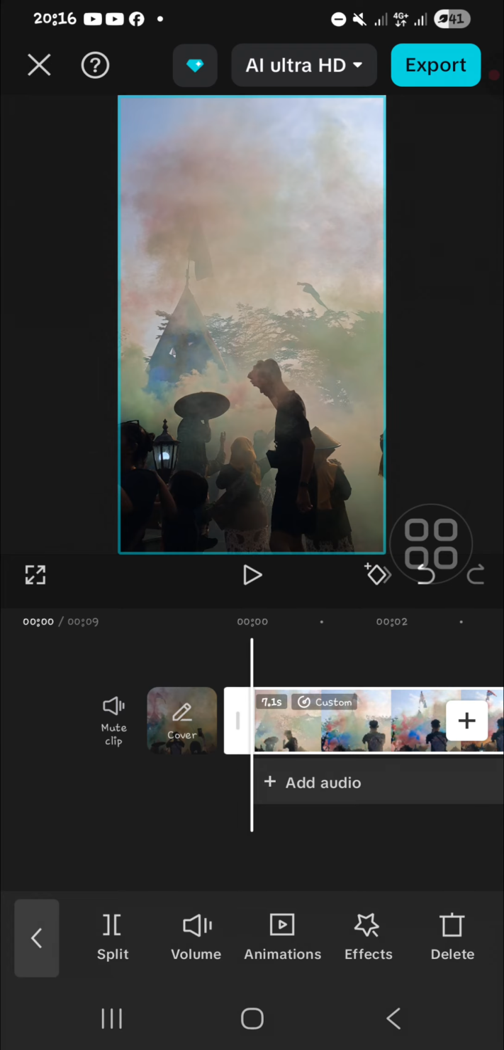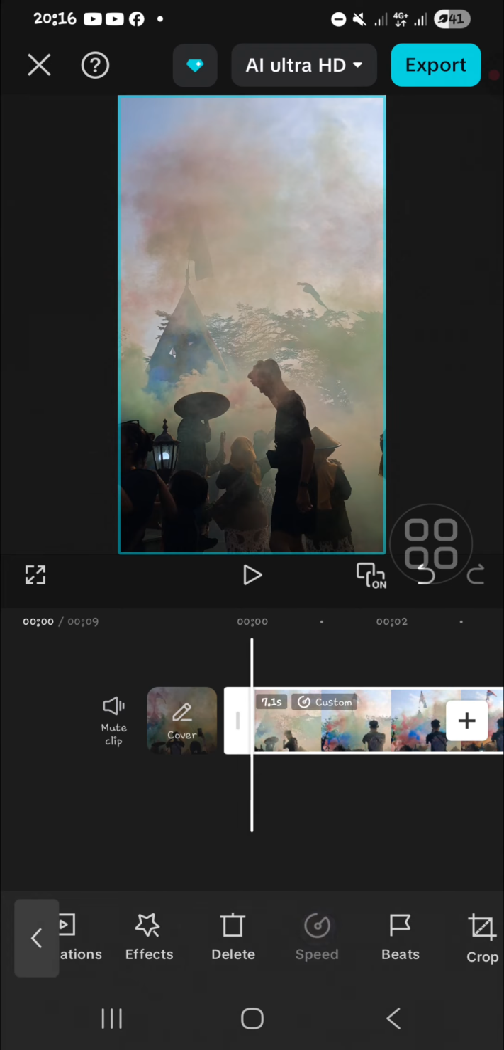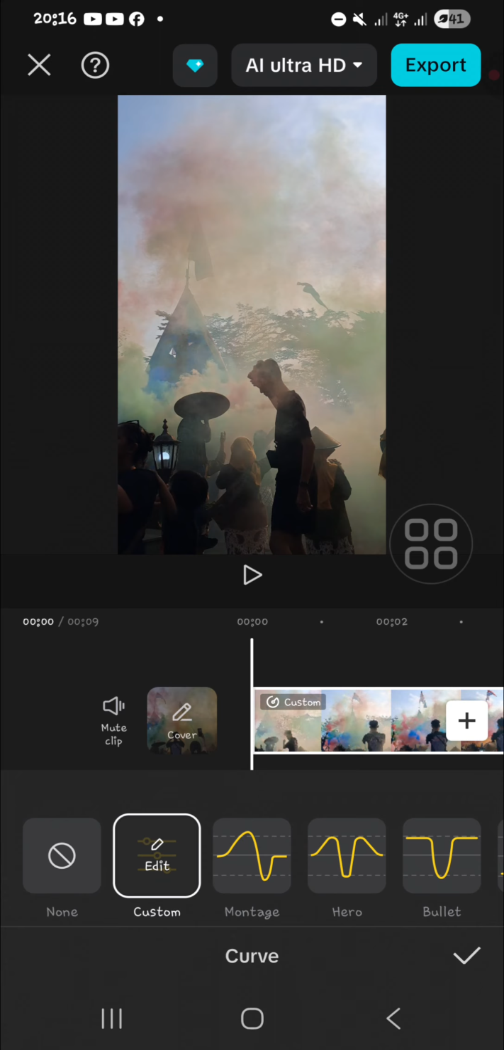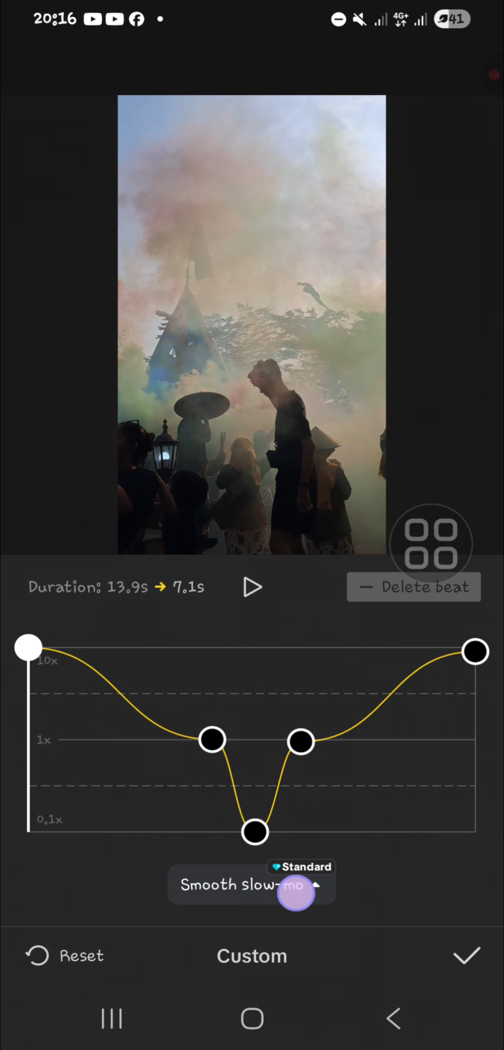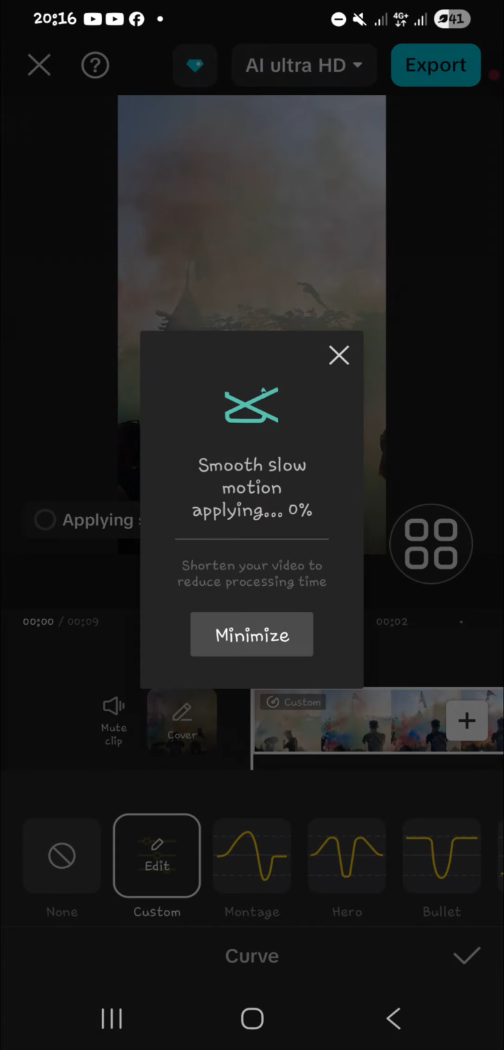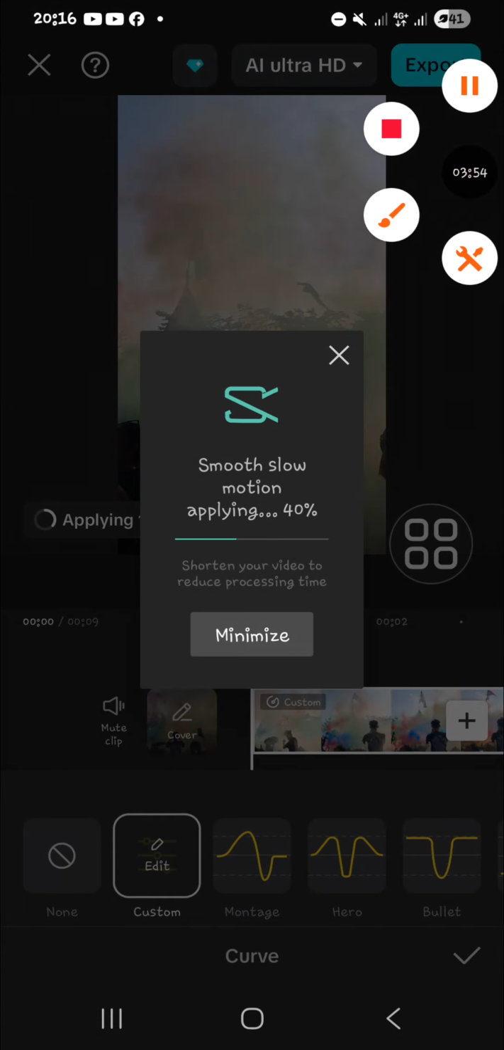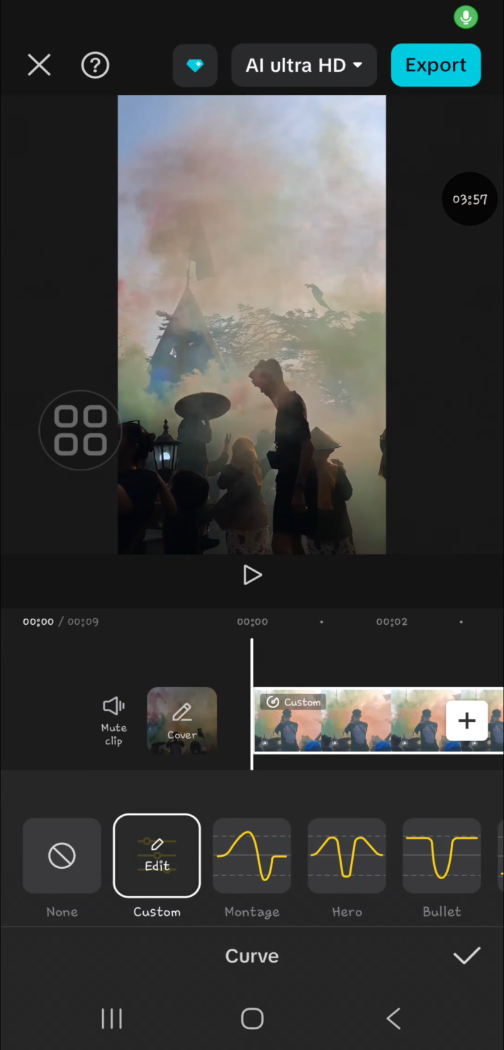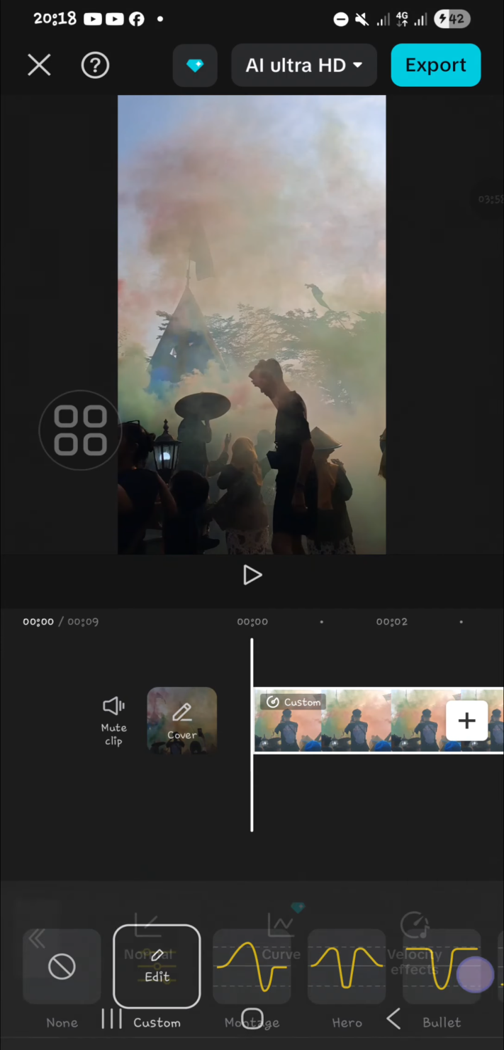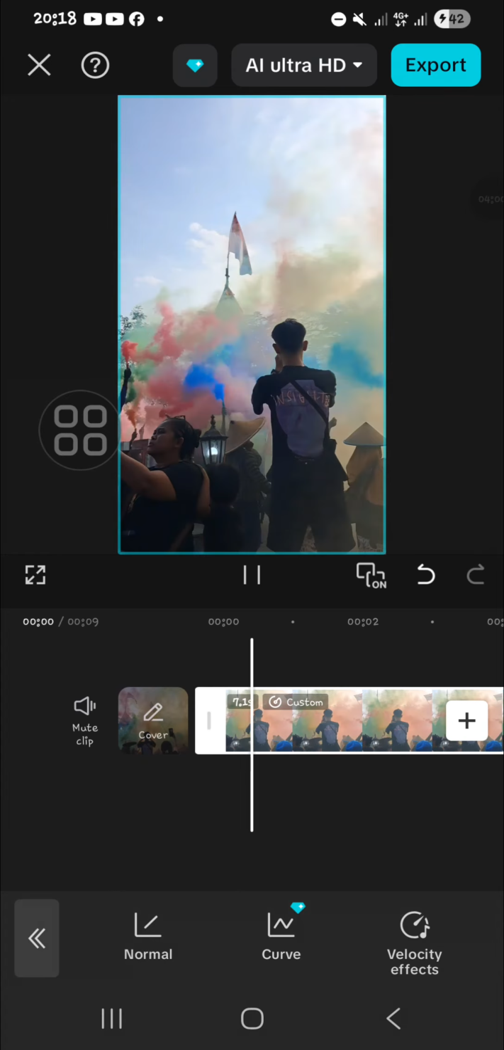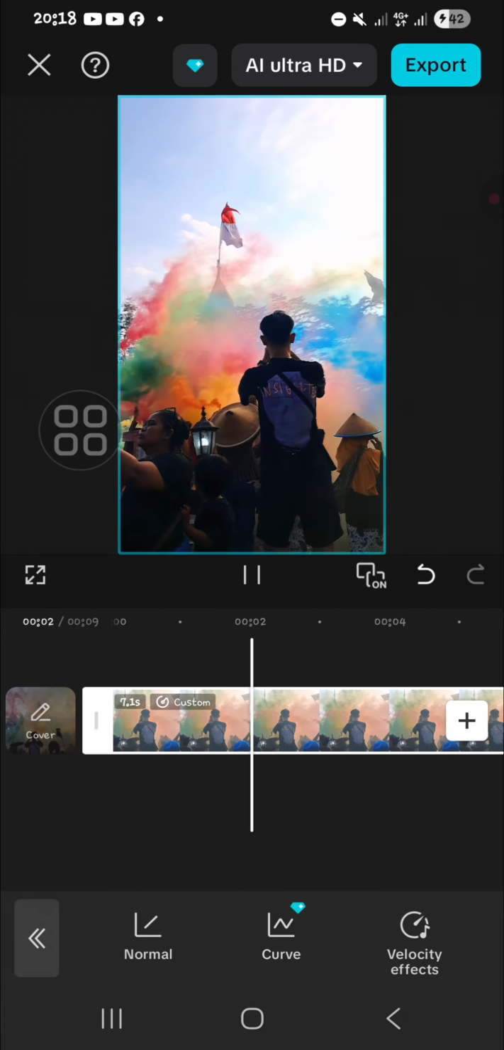Okay, and I'm going to go back to the speed curve, and I'm going to apply smooth slow motion, faster process. Click on the check mark, and let's wait. Okay, now it's done. The smooth slow motion has been applied, and I'm going to show you the result. Okay